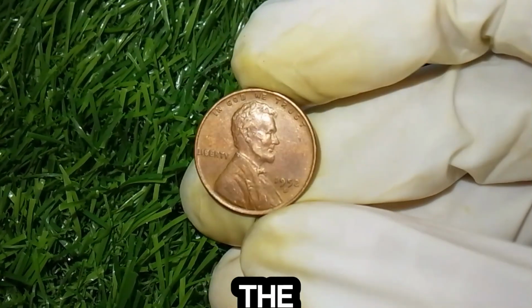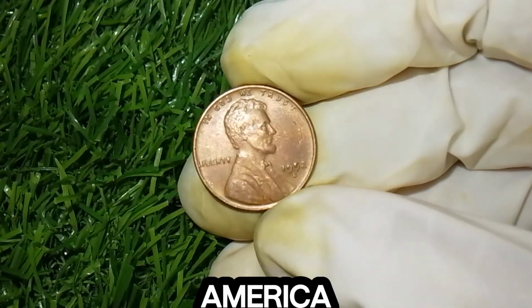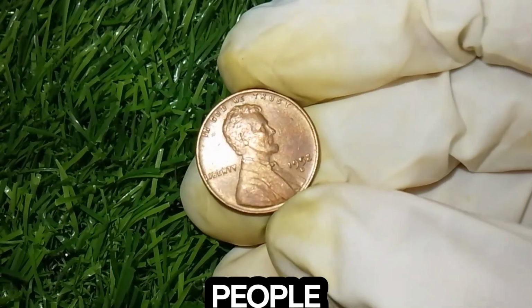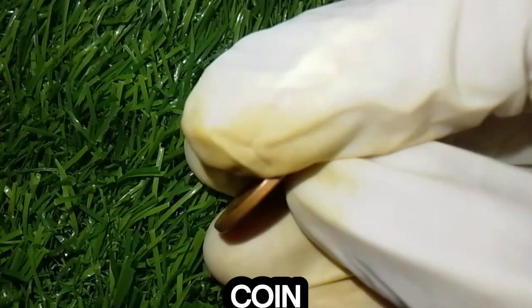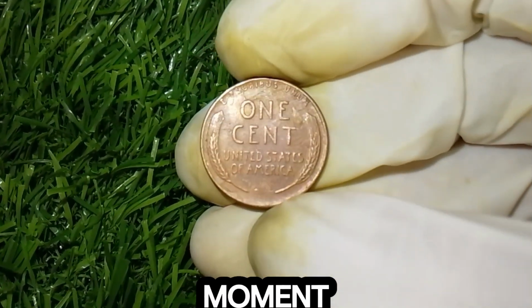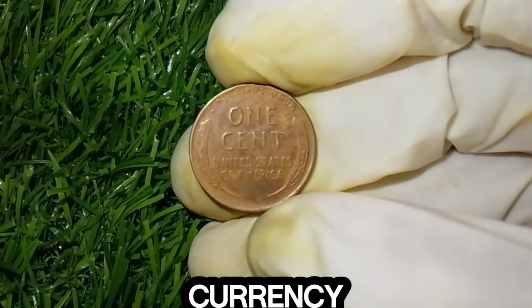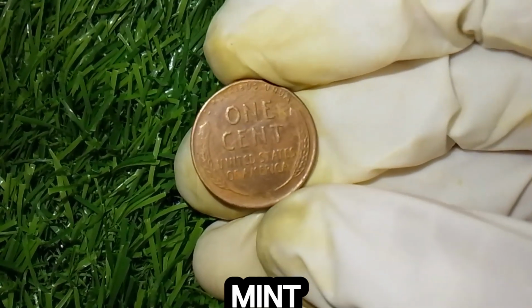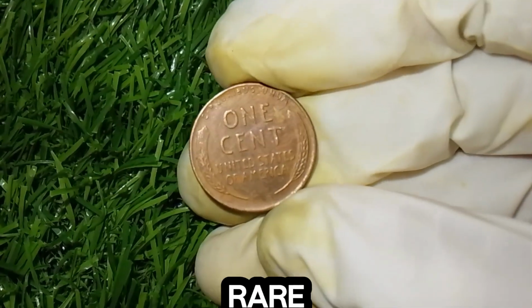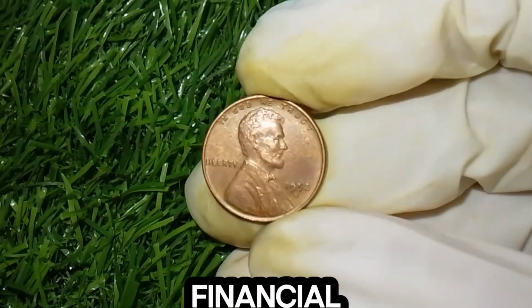Beyond just errors, the history and background of the coin add further value as it reflects a post-war America, a time when the economy was booming, people were saving change in jars, and coin collecting as a hobby was beginning to rise in popularity. And within that cultural moment, the wheat penny stood as a symbol of Lincoln's enduring legacy, the strength of American currency, and the artistry of the U.S. mint. And when combined with the excitement of rare mint errors, it creates a perfect storm for historical and financial